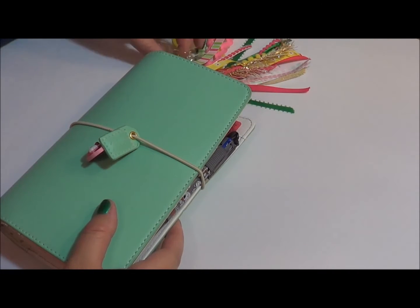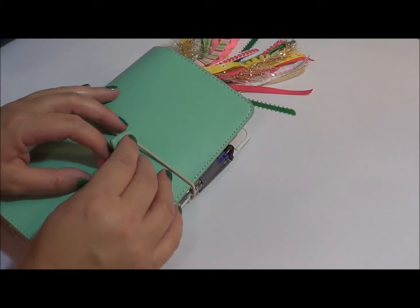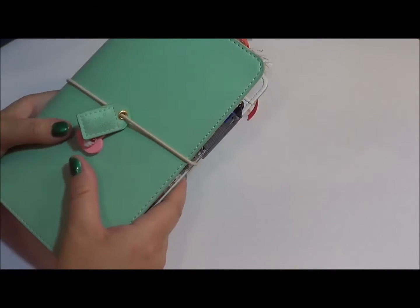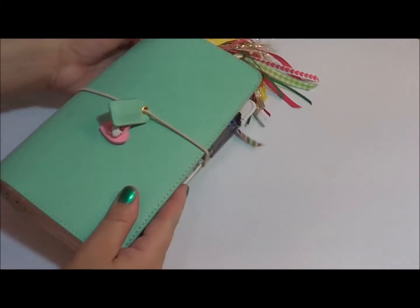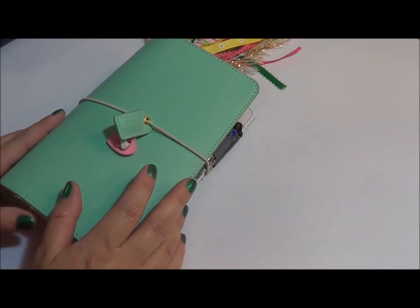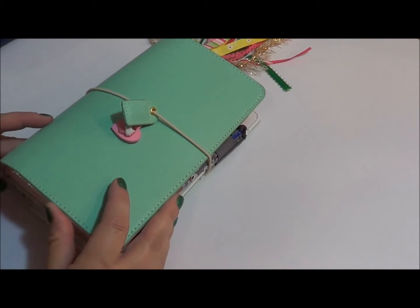But I'm seriously thinking about, in 2017, I know that's a ways off, but for planner girls, we like to plan ahead, that I might start actually using this as my full-time planner. I don't know yet. I'm still loving my Webster Pages personal size, and then also my Happy Planner that I've given a break for a little bit, just because of the size and where my life is right now. I don't really have to carry a big